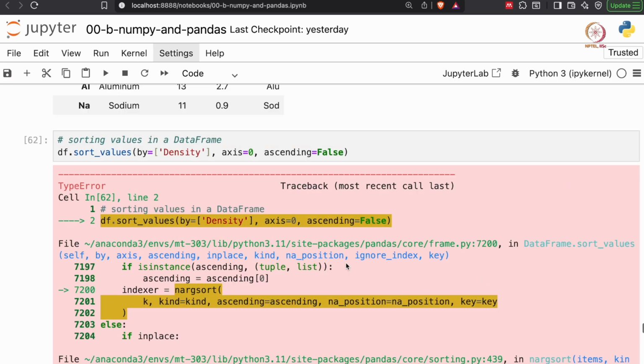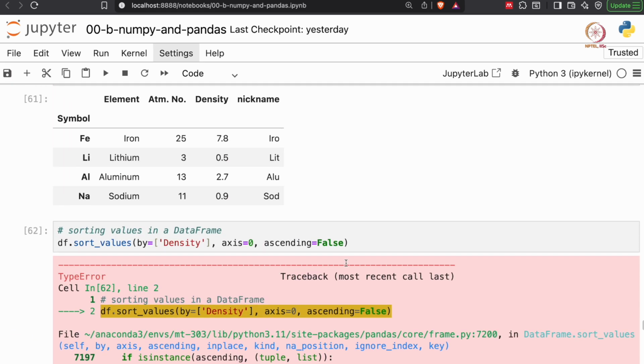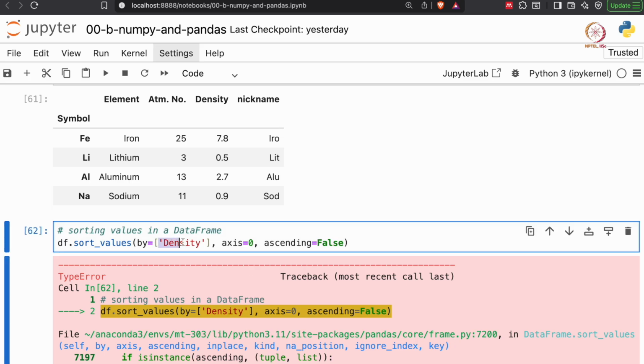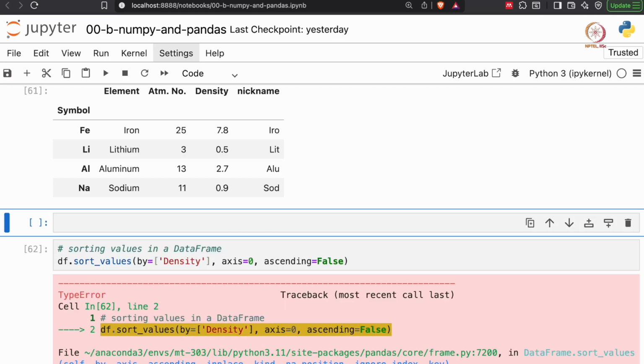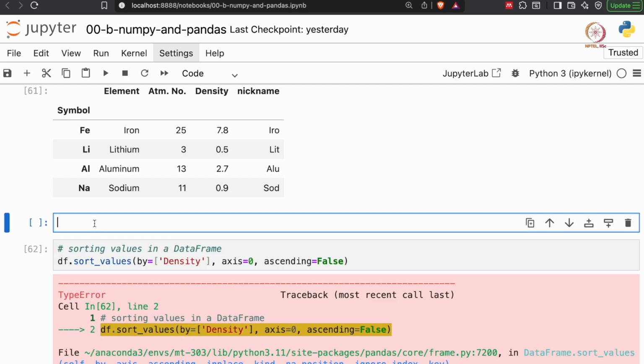okay, we get an error. Yes. The reason for this error is the densities here are actually strings. We saw that previously, and strings cannot be sorted using the sort values method. So first what we need to do is convert the densities into numbers. One way to do that is, let's use the apply method. So let's say df density